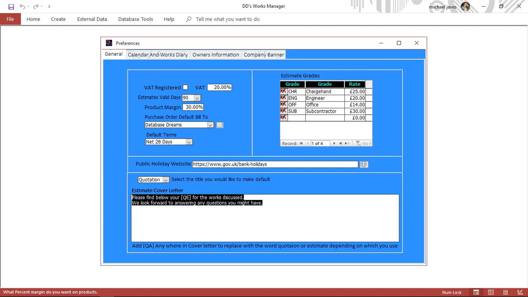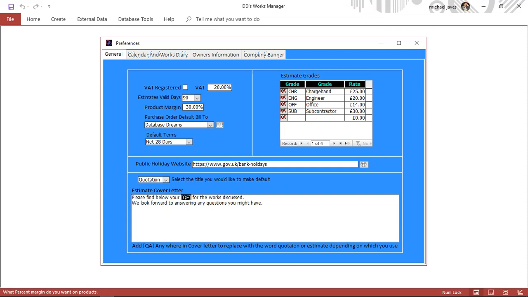I've not made it for each individual estimate. You'll notice here, I've just highlighted the brackets, QE, closing brackets. What it will do is, when it finds that in the list, it will replace it with whatever you've actually selected. But it will not only do that here, it will do it anywhere in the actual